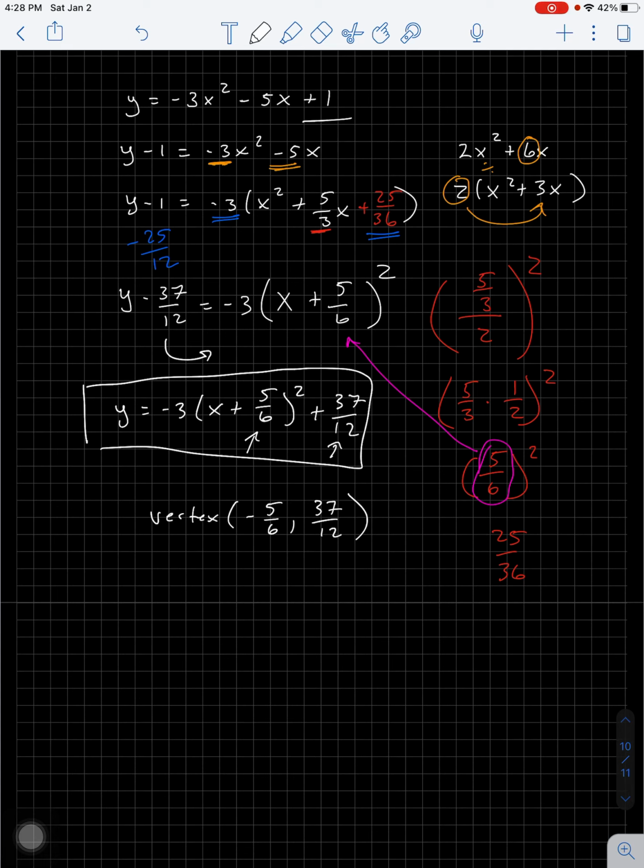Okay. If I wanted to graph this, this would be shifted to the left 5/6, up 37 twelfths, and it has a slope of 3, and it's flipped down. So you can sketch a graph of that. Okay, really focus on completing the square. We will end up using that again in trigs, so this process is really important for you to get down now. And I'll see you